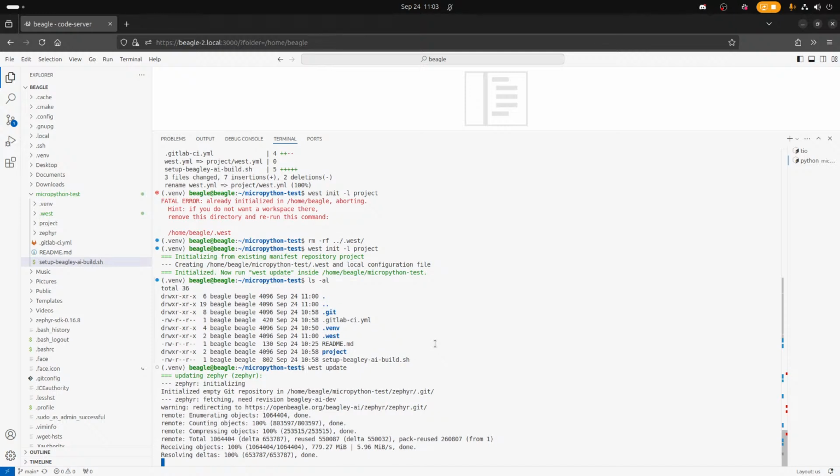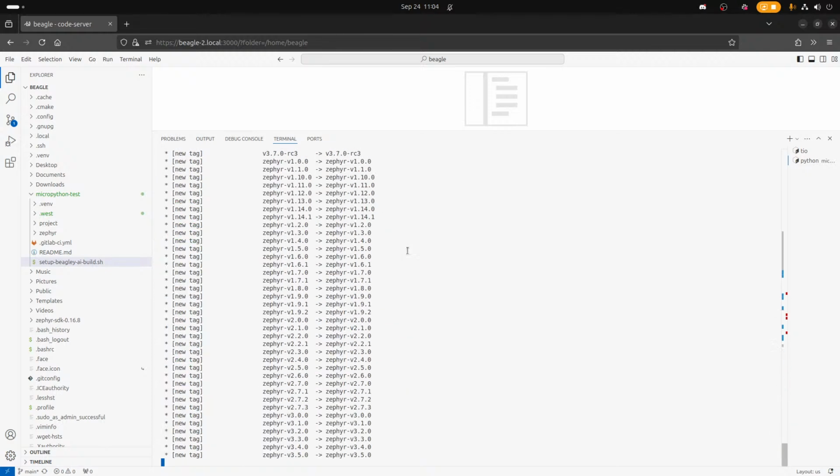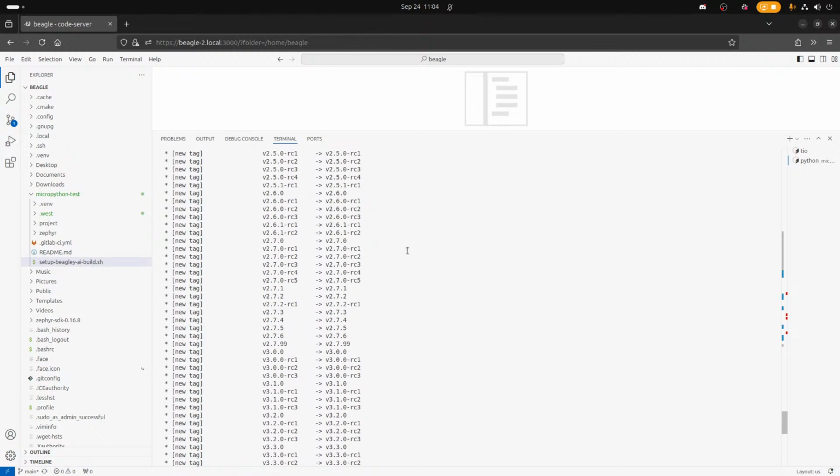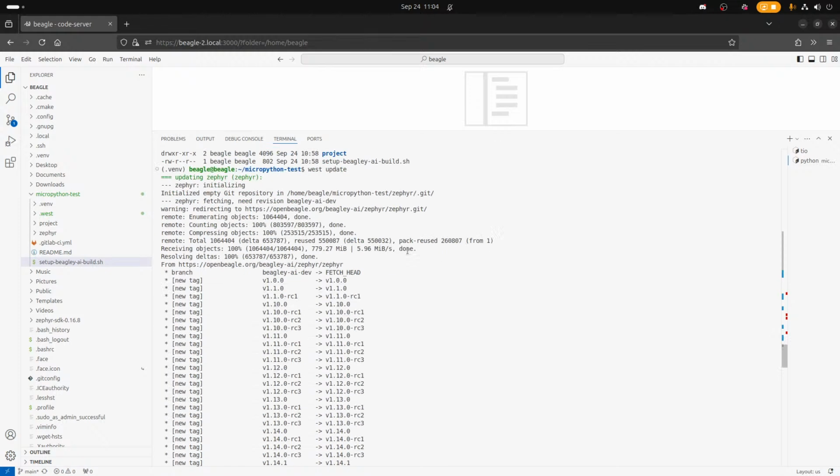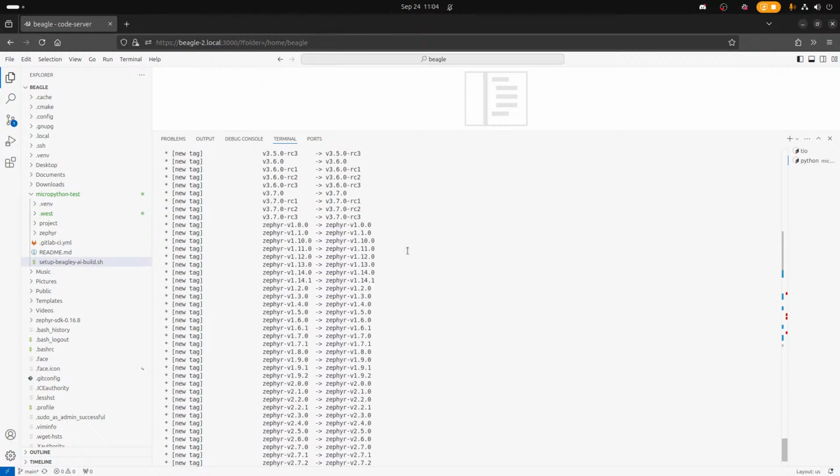What I do in my local setup is have a clone of upstream Zephyr, and whenever I need to create a new workspace, I copy that old clone and basically rerun the setup, so it only needs to download the diffs. Yeah, I mean, this would scare a lot of people away from working with Zephyr, all this time it's taking.